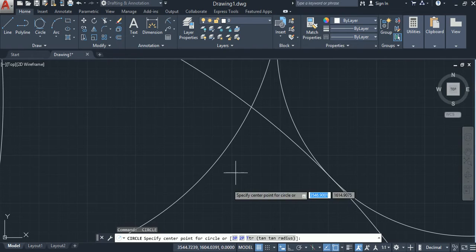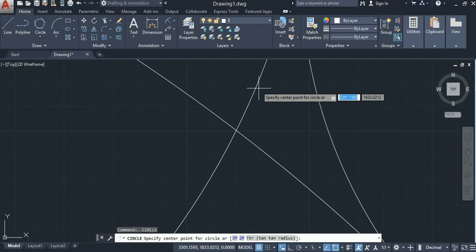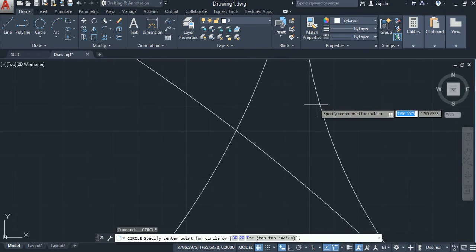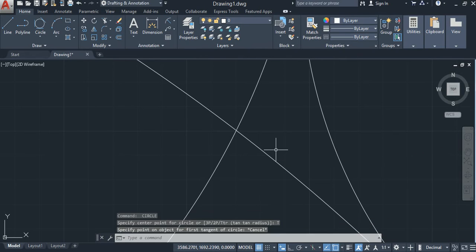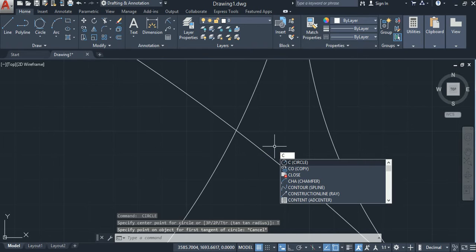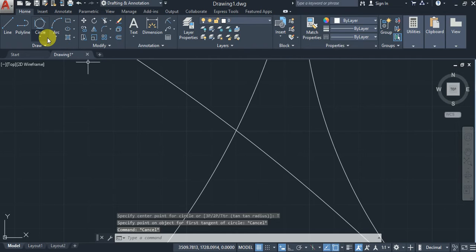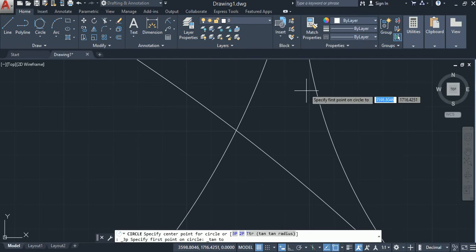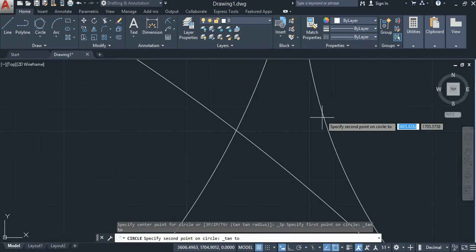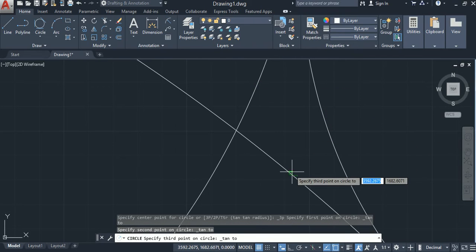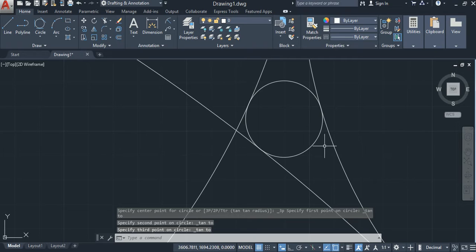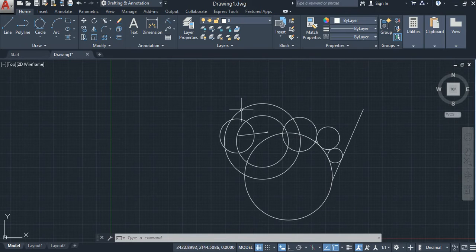I have to draw, suppose, in this small space, a tangent circle. Specify center. Okay. Sorry, I have not clicked the tangent circle. I will just go from here. Circle, tangent. First point, second point, and the third point. Now you can see here your tangent circle is drawn. So next is